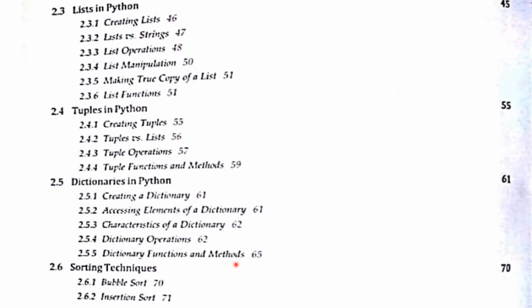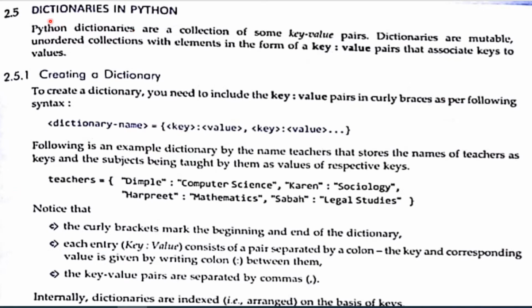What is a dictionary in Python? Dictionary is a collection of key value pairs. That is, a Python dictionary is defined with two elements, keys and values. But remember, here the key will be a single element, whereas values can be a single value, a list, a list within a list, numbers, etc.